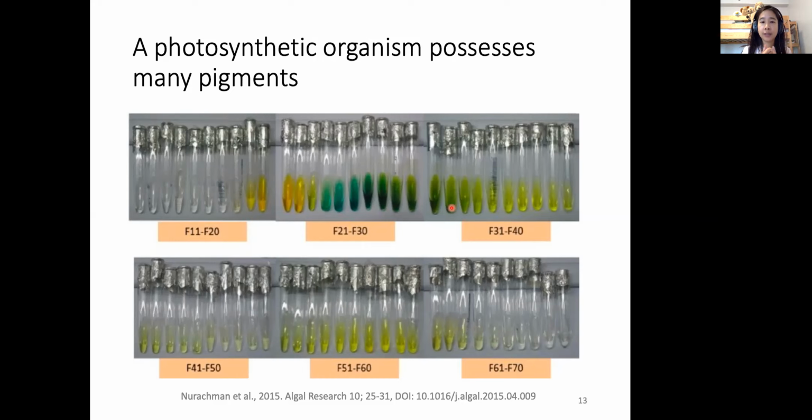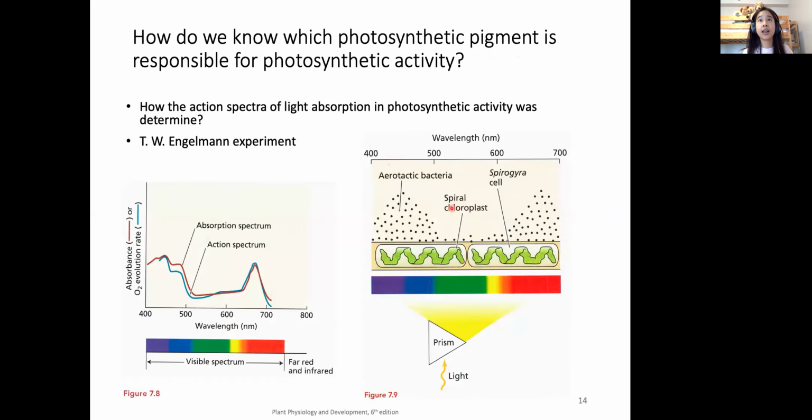Each of them has different properties that can receive different light energy, and different properties for transferring energy or giving an electron. So they need to have many of them to be able to function. All right. So in the past, how did scientists discover which pigment absorbs what light energy and produces different results of